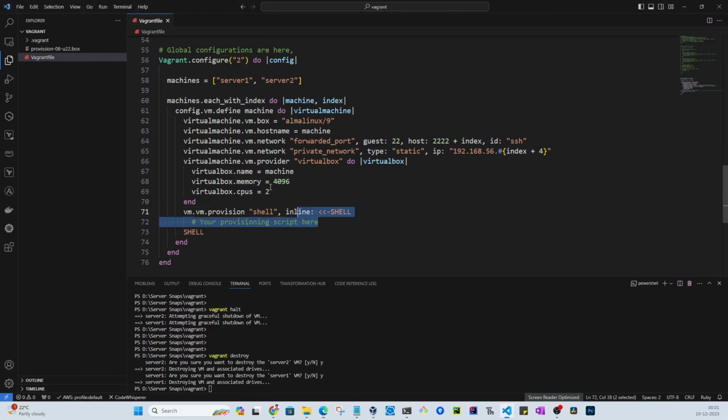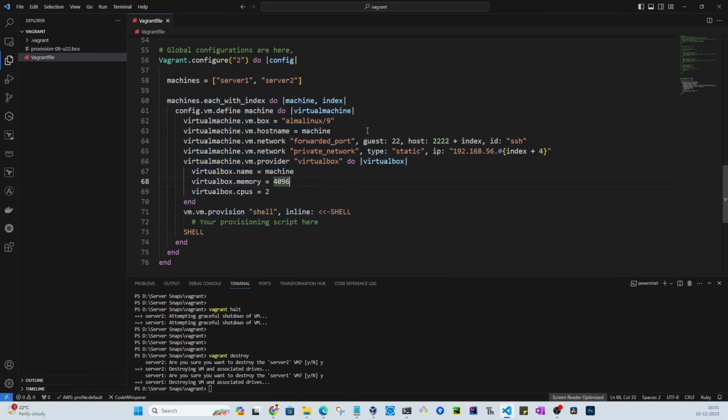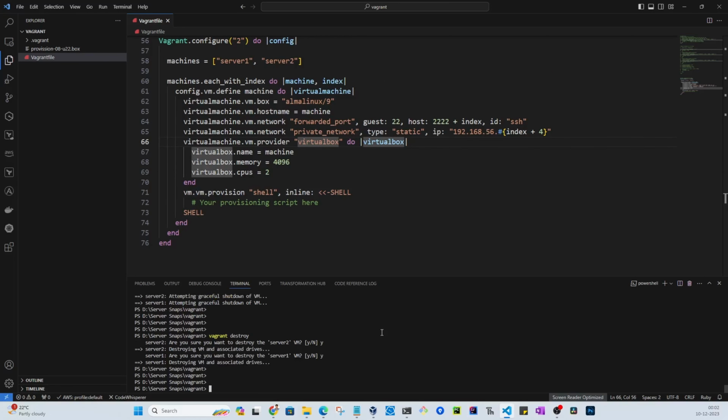Next I'll show you what to do if I want 3 machines with the same configuration and one machine different, and how I would do that. But in this one, let's see how we can do that by using the loop in a single section. Okay, so I'll just save this, and we'll see Vagrant